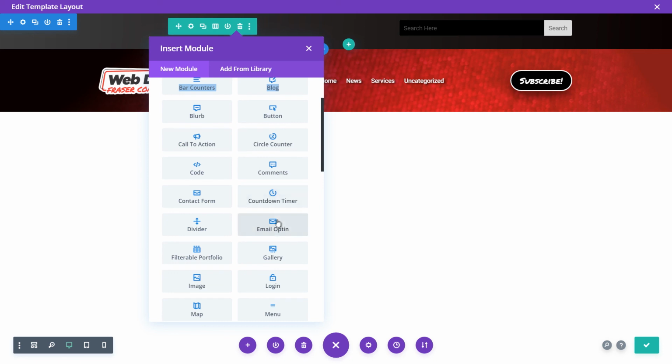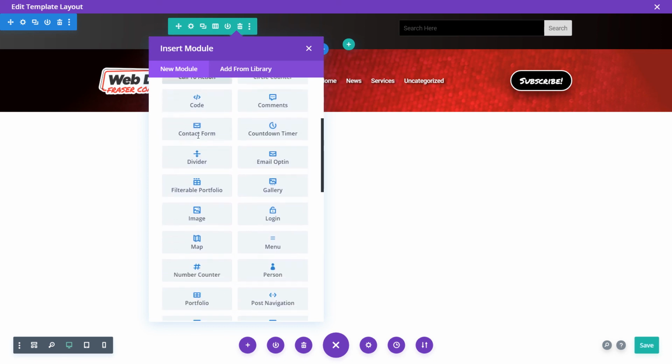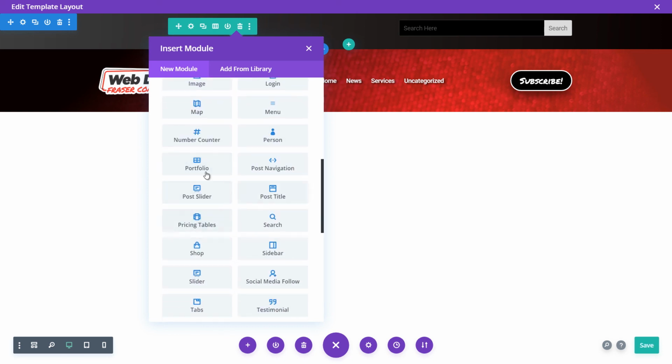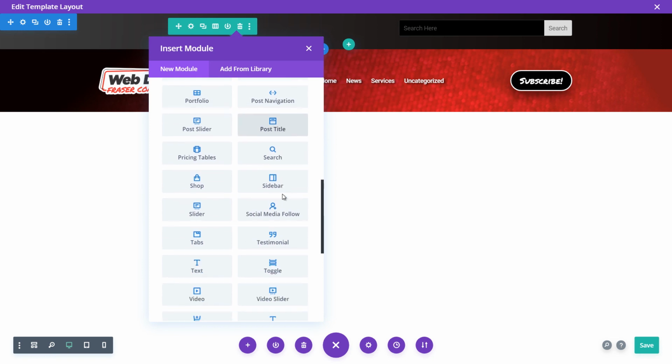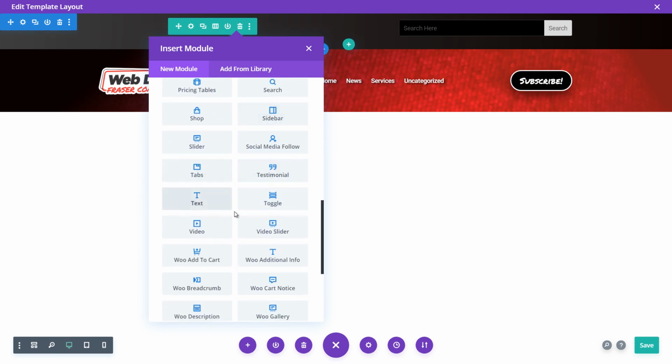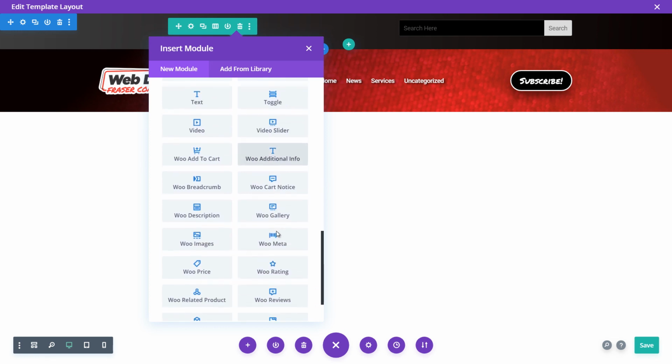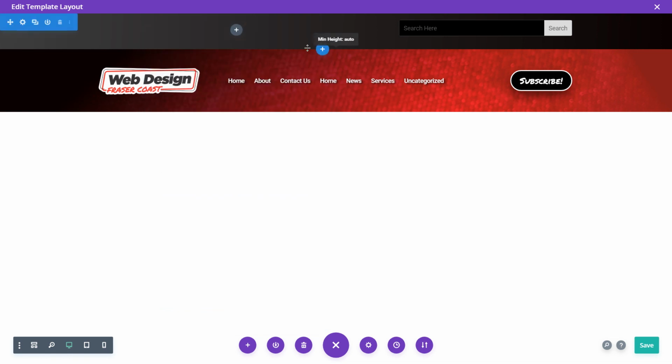Countdown timer, email opt-in. You've got all these options here that you can add in. You can even add the post title in there if you wanted to. It's really just a matter of going through, having a play, and you can get pretty much any look that you want. So even up here, if I go